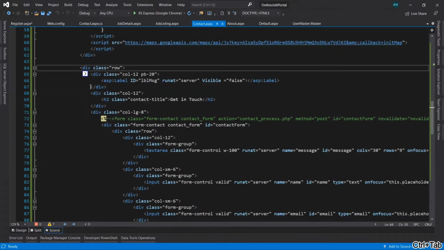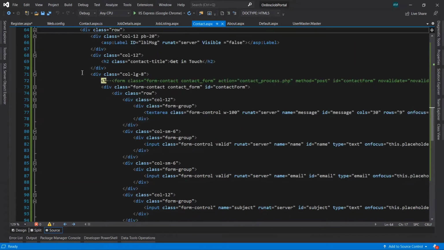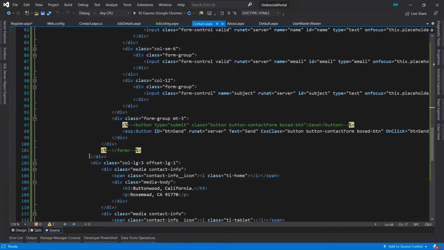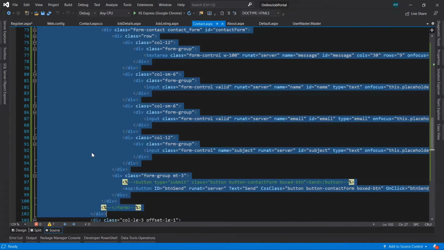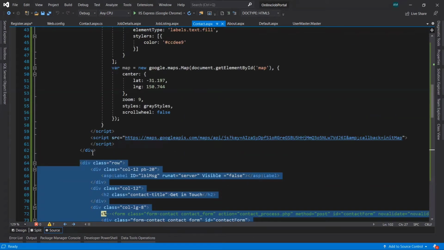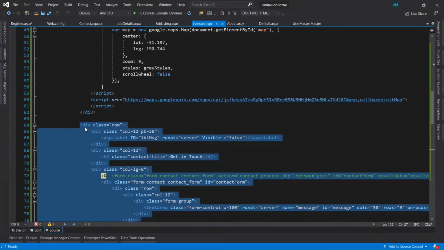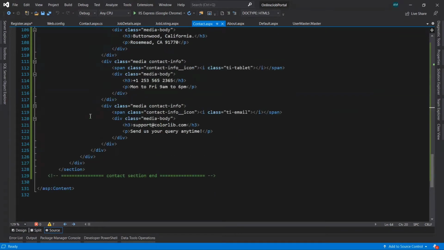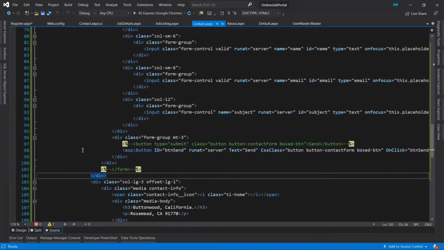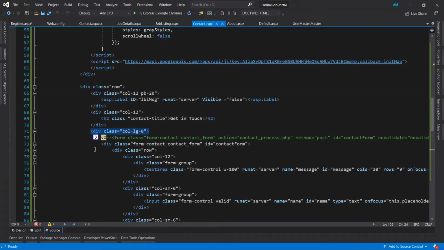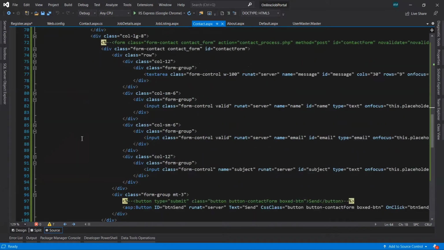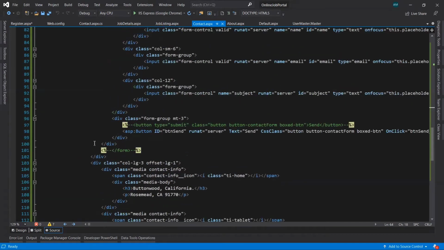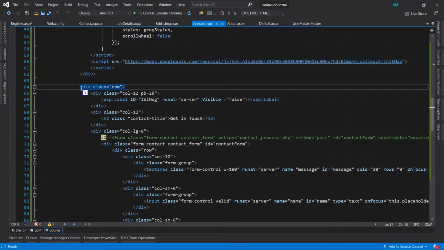Now we can use that row here. Just select it from here till there, and check its closing tag, where it is. This one starts here and this one ends here.